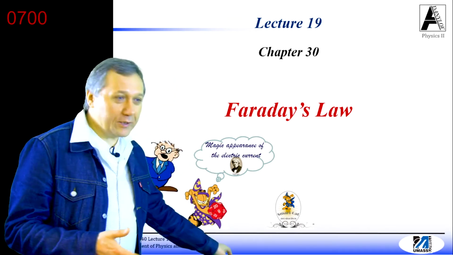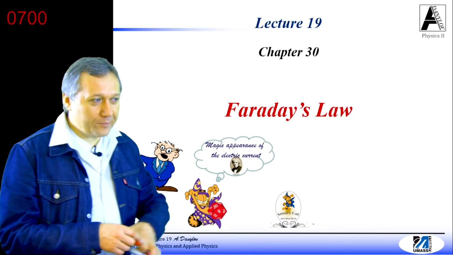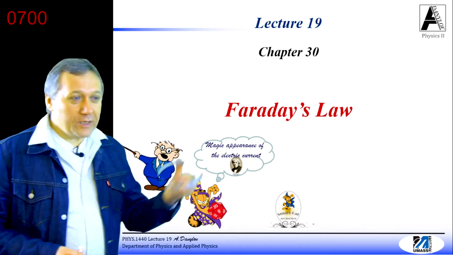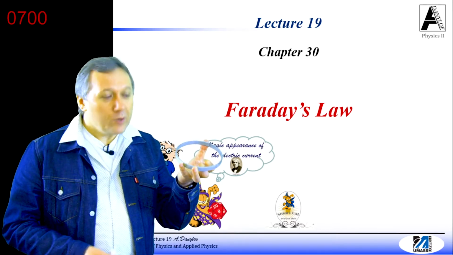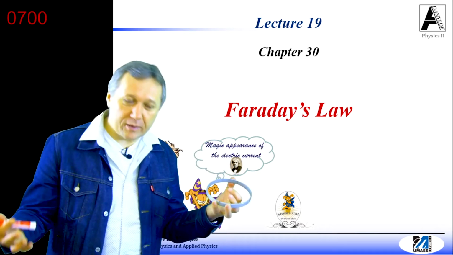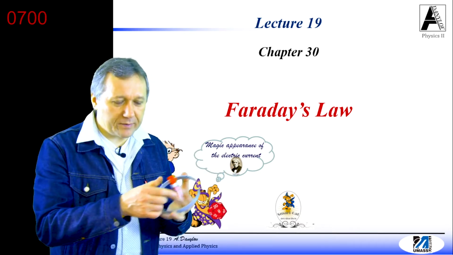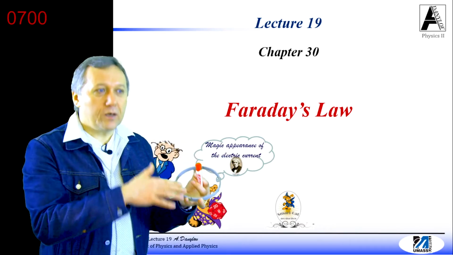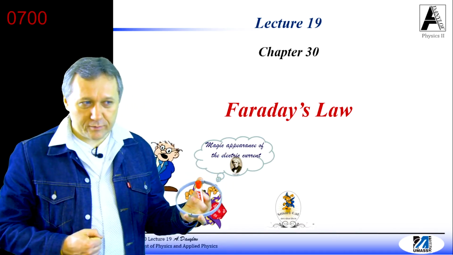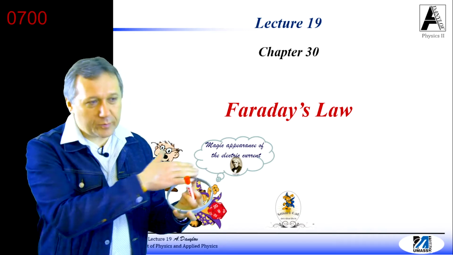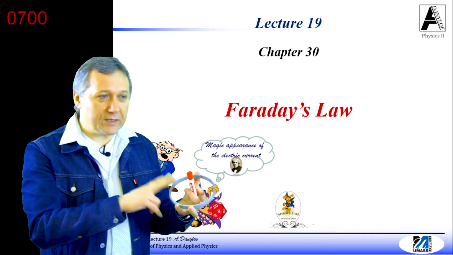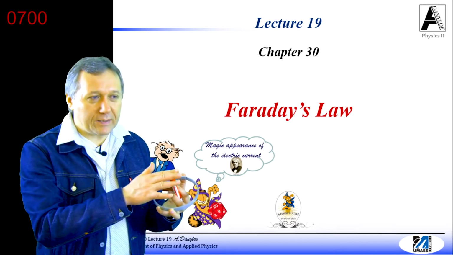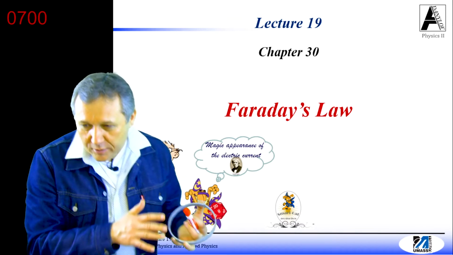First of all, let me remind you what Faraday's law describes. If you have a conducting loop which is exposed to some external magnetic field created by something, then of course with this loop we can introduce magnetic flux. If that magnetic flux is constant, then the loop doesn't do anything. But if that magnetic flux changes, then